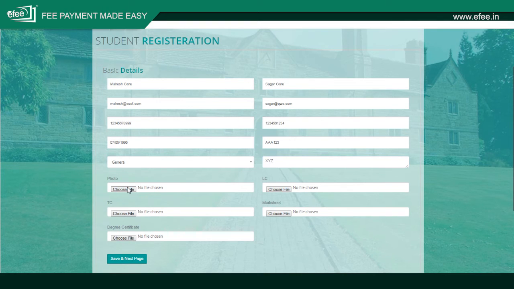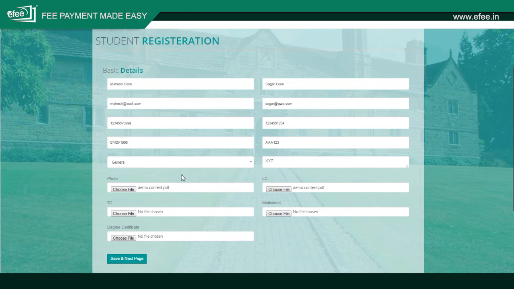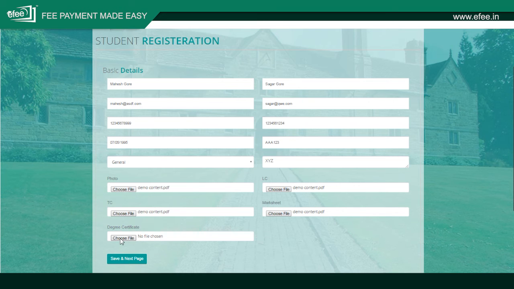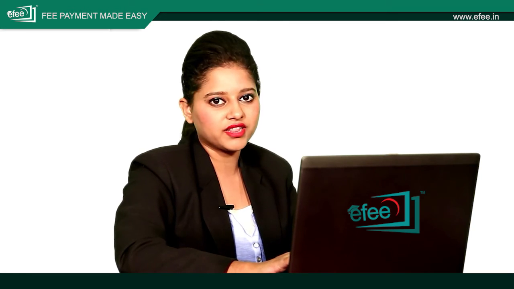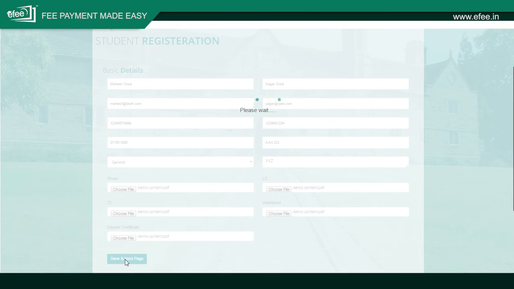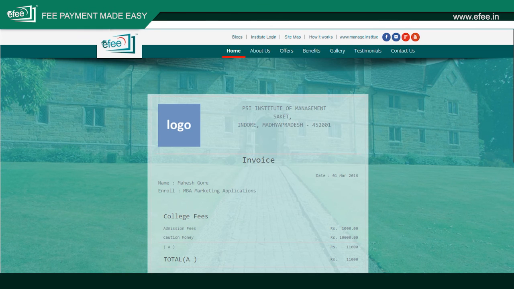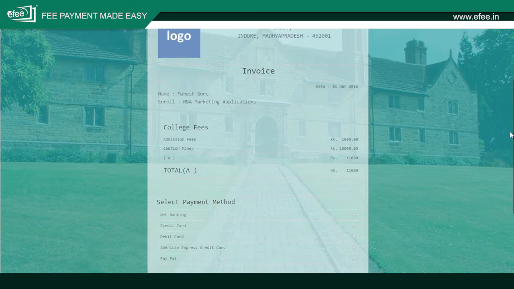Then you have to upload the attachments. For the same, choose File, select and open. Same for the other attachment. Select, open. Select and open. Once you have uploaded all the attachments, click on Save and Next page. You will be redirected to invoice, which will be having your name, date, the program you enrolled for.